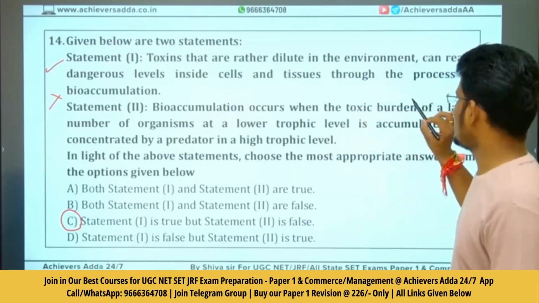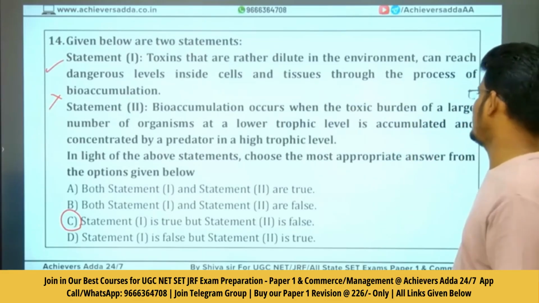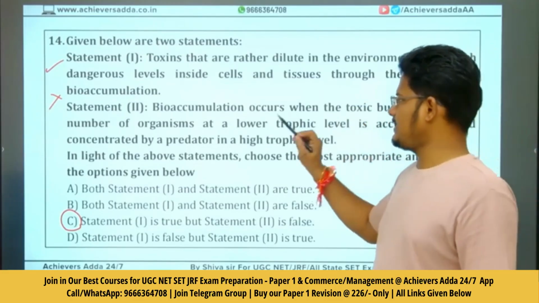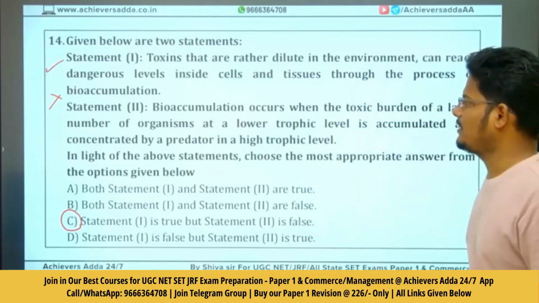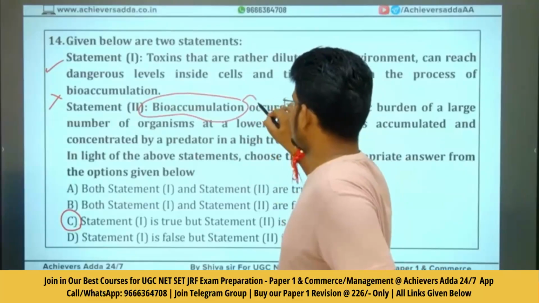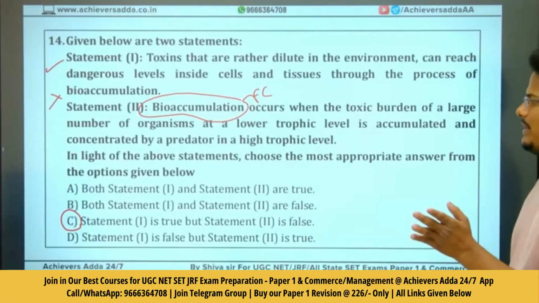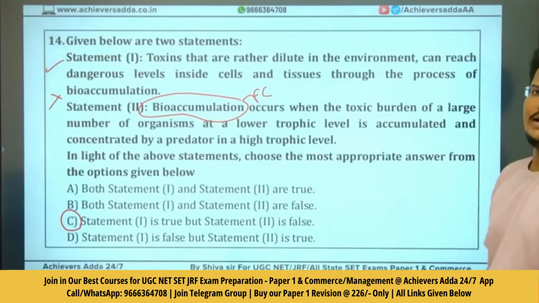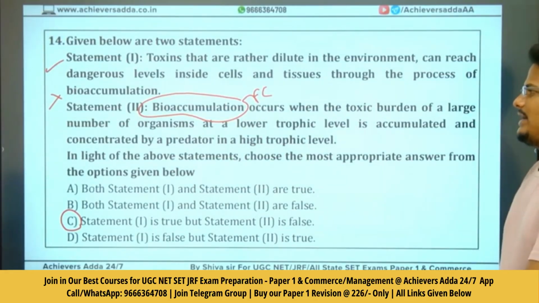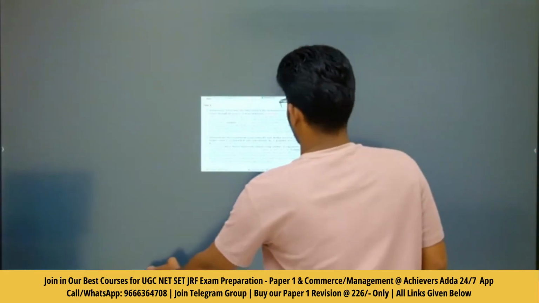Bioaccumulation occurs when the toxic burden of a large number of organisms at a lower trophic level is accumulated and concentrated by a predator at a higher trophic level. Bioaccumulation is a process related to the food chain. But here they are speaking about trophic levels, low and high trophic levels of organisms. So if you look at an example,